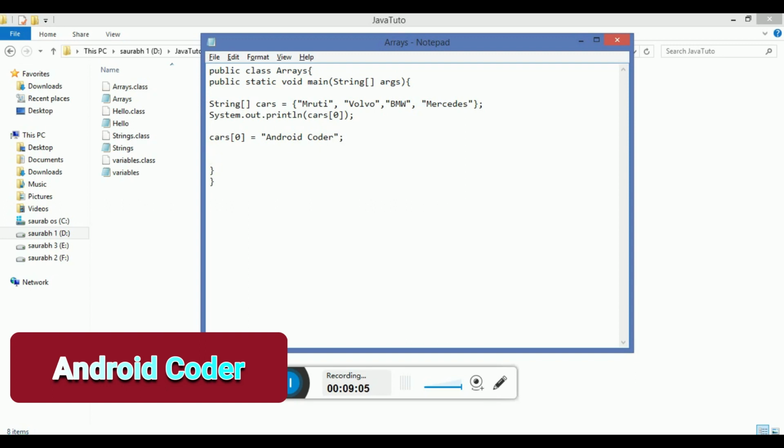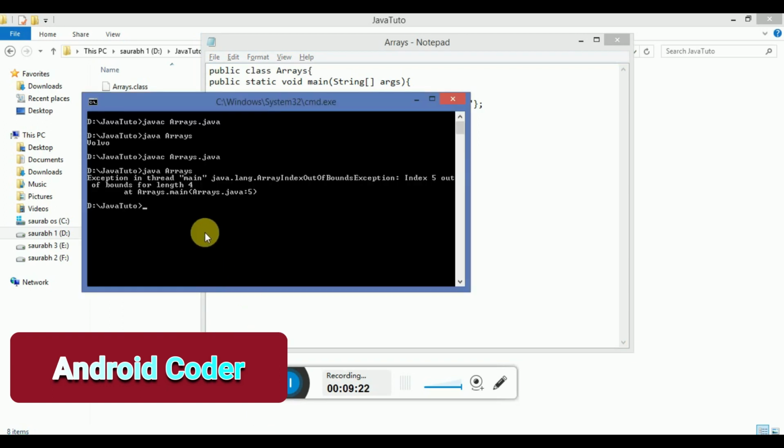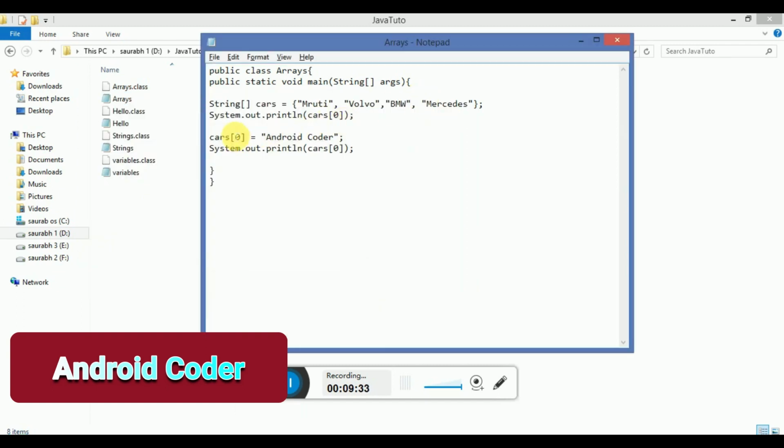And now if we print, what will be the output? Just print here cars 0. Okay, now save it again and run on the command prompt. It shows Android coder. The first one was Maruti, which came from this one, and when we replace it, this comes from this one.